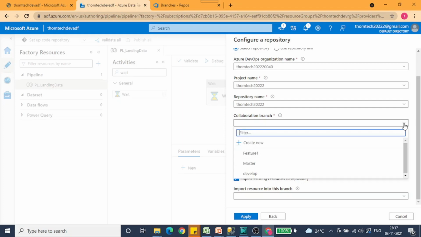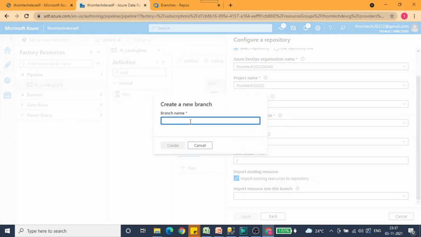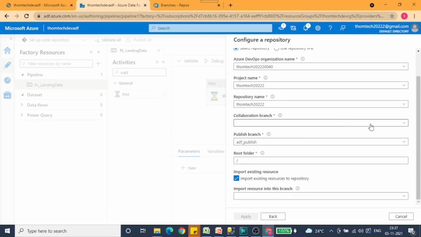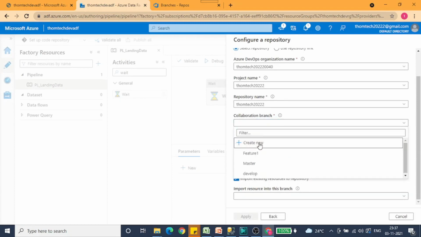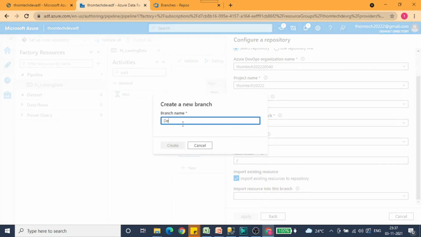Let's open this. You see there are three branches already showing up over here. I created those a few days back, that's why they're showing up. In the ideal case, what we can do is click on create, and first of all we can put master. Click OK, create. So one master branch will be created. Then after that you can open this again, and create the develop branch. You can put the develop branch over here, and then click on create.